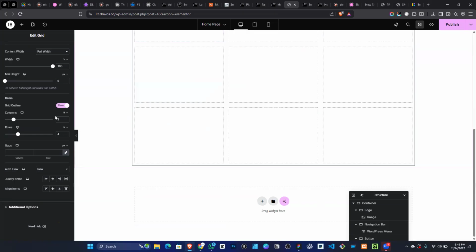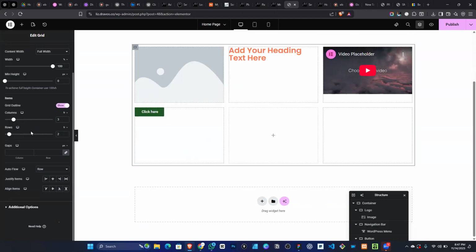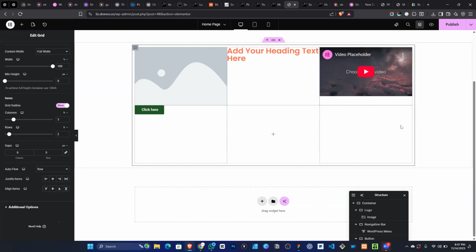We can add multiple rows to this, or we can just leave it at 2. Now, the gaps, there are default gaps. So if I remove this, they join together, right? So this is what you link different values together. They are usually used to edit rows, padding and margin. I will explain what padding is and what margin is, but they are usually used to edit gaps, margins, and